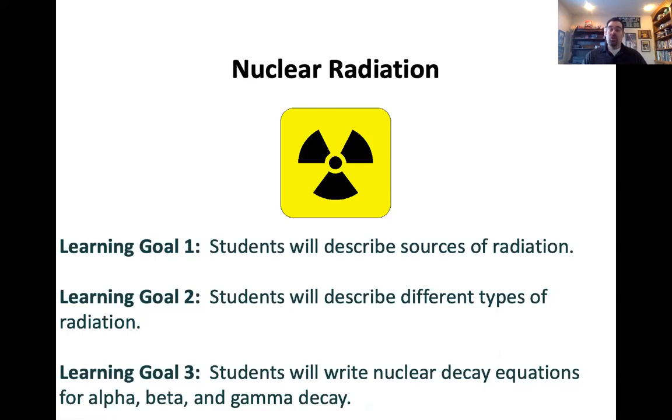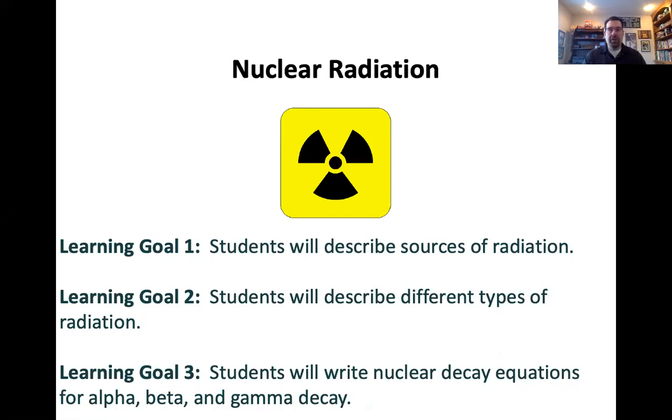In yesterday's guided reading, you read about different sources of nuclear radiation. And so today we are going to talk about some of those sources of radiation. From today's lesson, we want to be able to describe different types of radiation and the specific types that